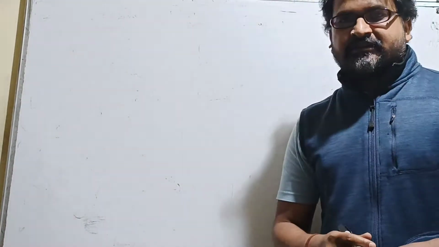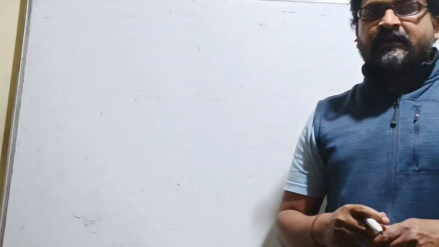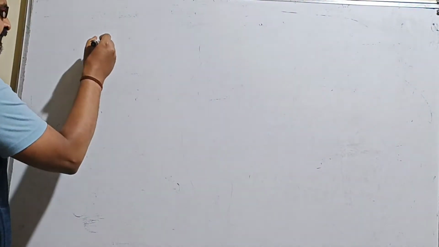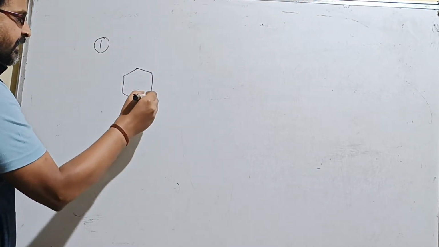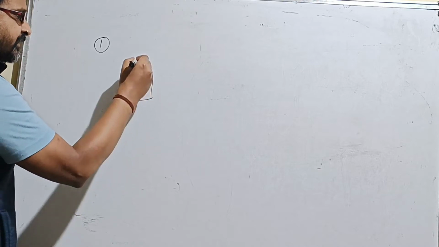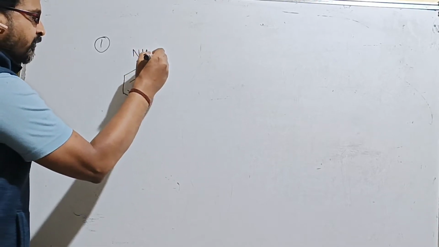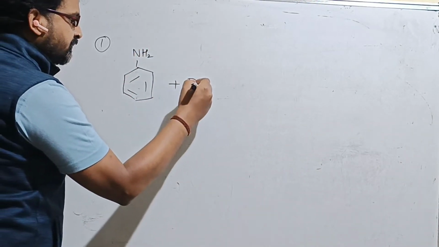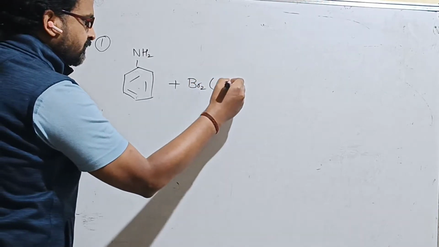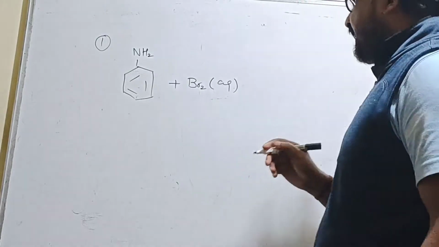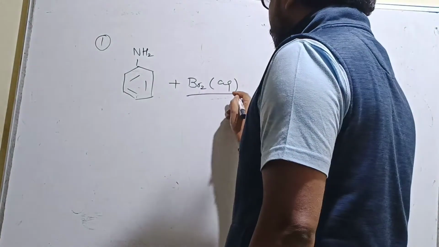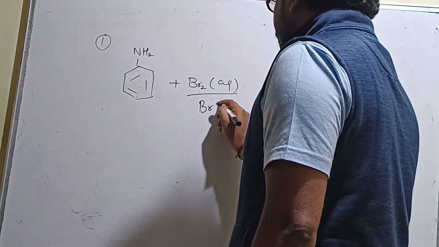We are going to discuss some important reactions of amines. So let's start with a very simple reaction. You have aniline, and when you treat this with aqueous bromine, let's understand this particular reaction. Aqueous bromine will generate an electrophile, that is Br plus,